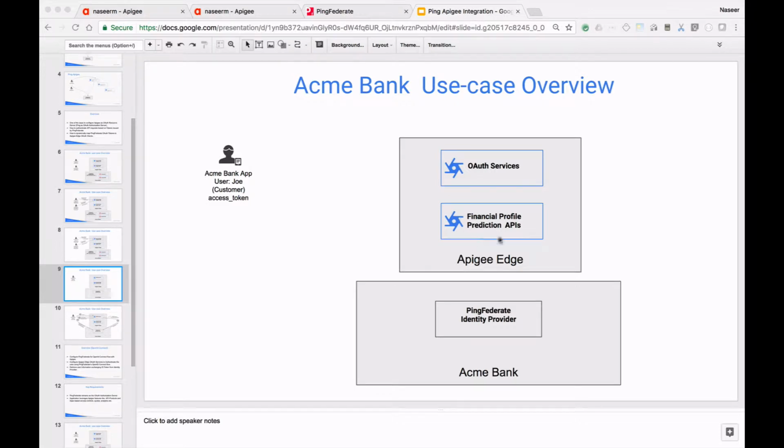You have published your APIs on Apigee Edge. These APIs are protected by OAuth. Your customer requests an access token from OAuth services and uses this access token to invoke an API. In this use case, you want your customer to be authenticated against your identity provider when he's requesting his access